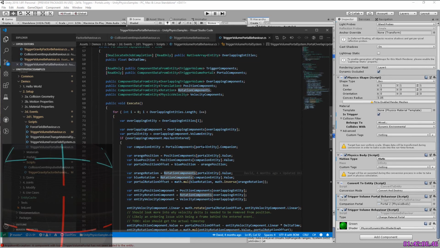So I'm just going to try and understand it and not convert it. So it gets the companion of the portal entity. So using the portal entity, we get the index of the portal component that's associated with the portal entity, and then get the companion part of that component. Then we get the translation of the portal entity. Then we get the translation of the overlapping entity. Then we get the offset of the two positions, blue position minus orange position. So the object that's entering the portal's position and the actual portal position, you minus that,